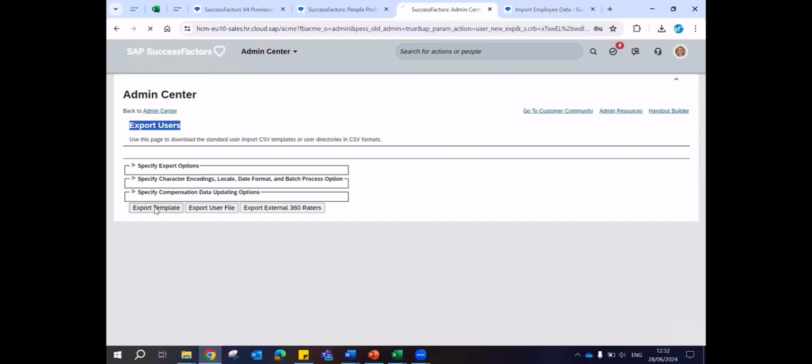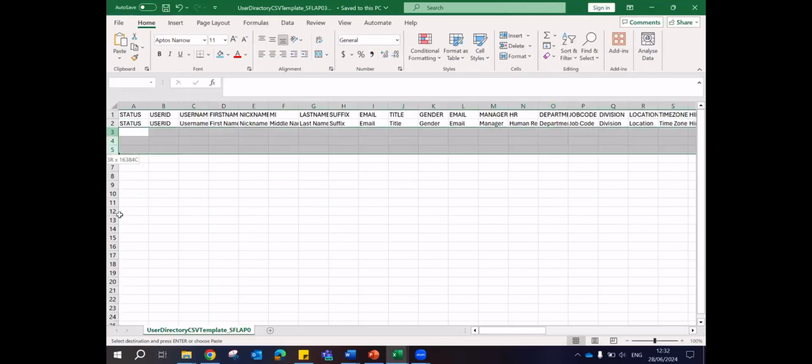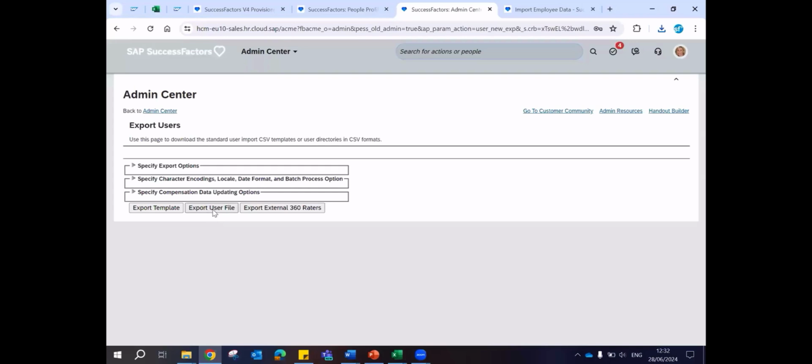If you click on the first button, it will bring you only the file format. The first button, export template, is going to bring only the file format without any data. And if I want to load one user, I'll just add that record and upload. That is also possible. But why I recommend in the initial days that you use this export user file is, so